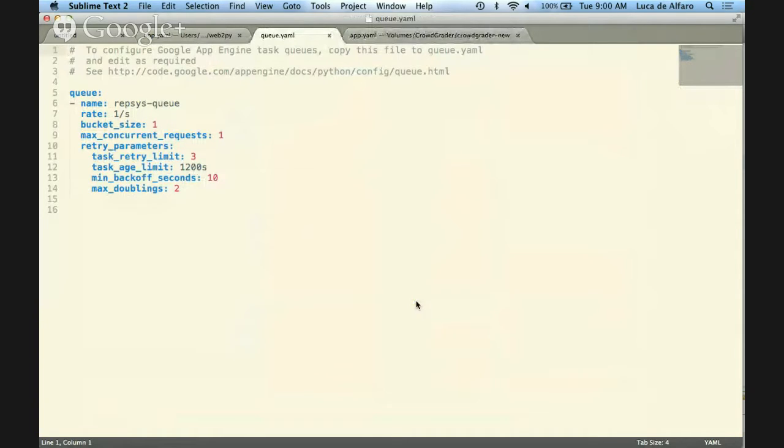Okay, so this is a definition of a queue. This is the queue that I use to do the statistical analysis, and you can define various parameters. I think the important one is how many processes do you want to do per second? I want to do at most one processing per second.